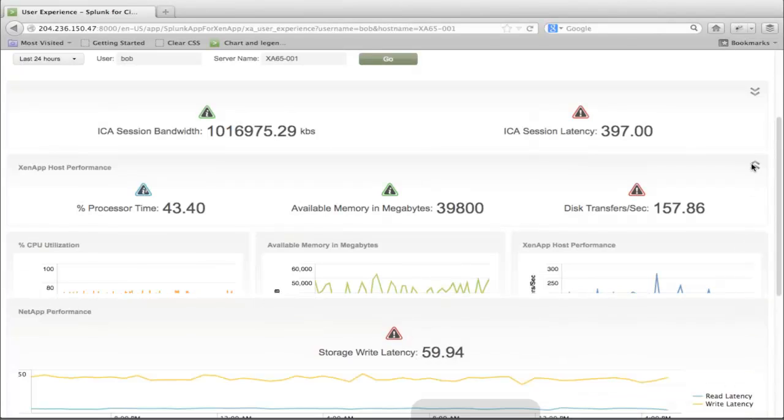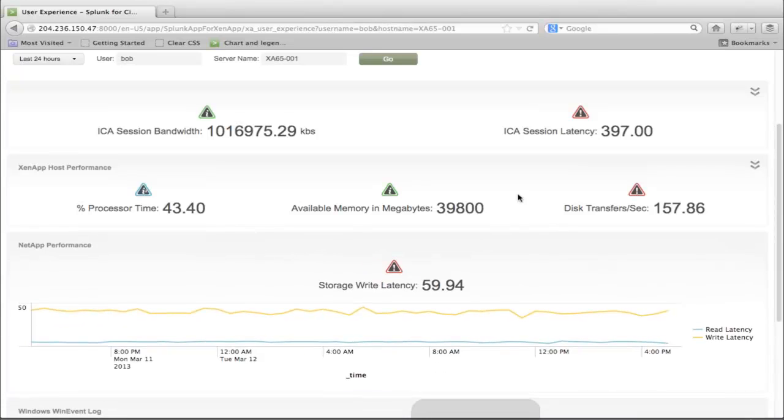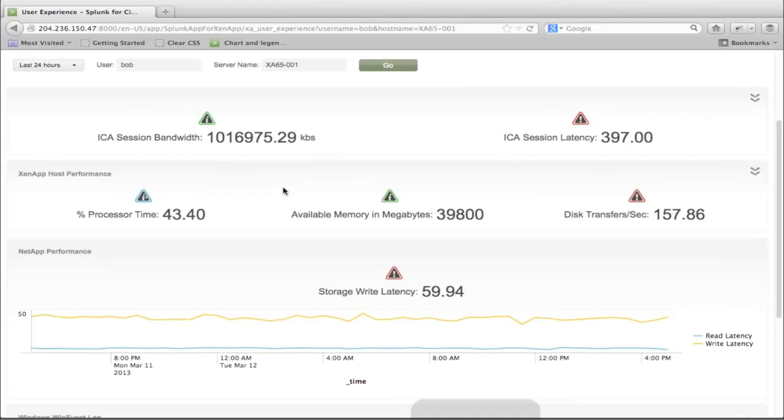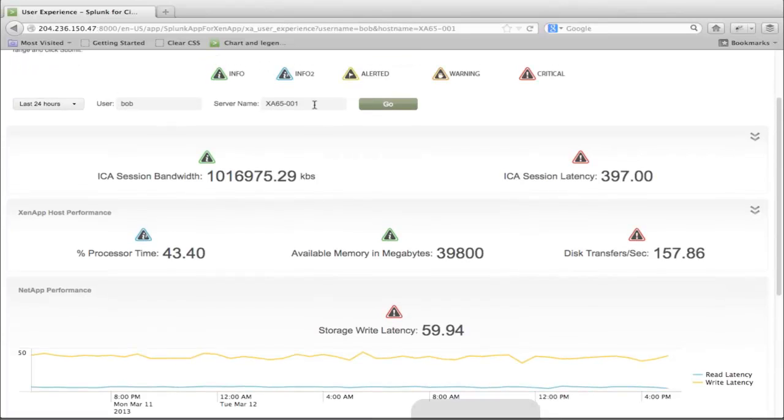Well, this particular XenApp server uses a shared volume that rests on NetApp storage. So what we're looking at here is, first of all, you'll notice that there is no hypervisor layer here because this is a physical server now. So we're only going to show you the parts of the stack that apply. Hypervisor doesn't apply to Bob on this server, so we're not going to show it to you. But since it is using a shared volume on NetApp storage, we'll show you that.